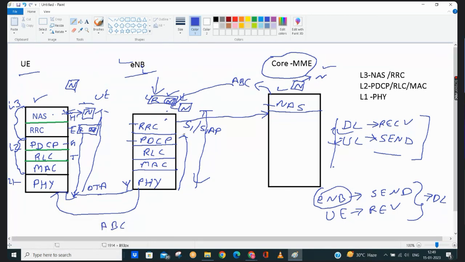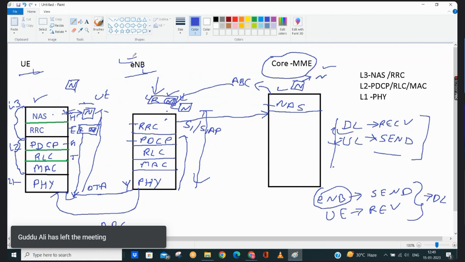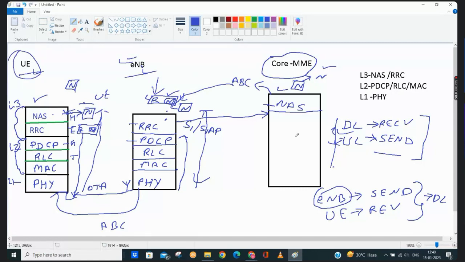DL and UL are not defined there. We are talking about UE to eNodeB only, the DL and UL process. From the UE point of view, we have defined these two processes.